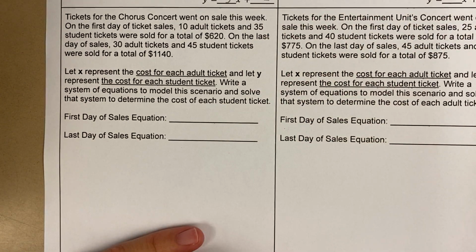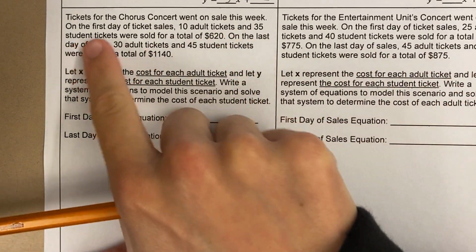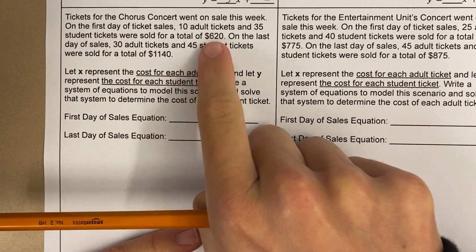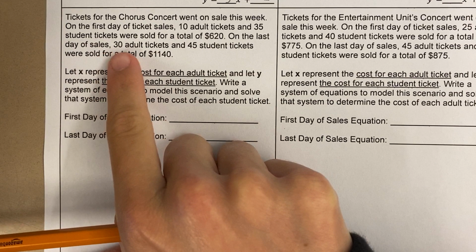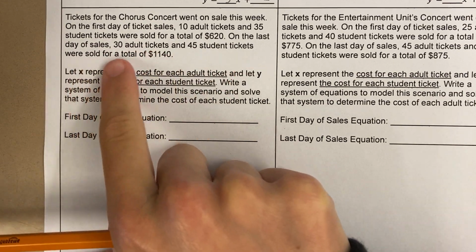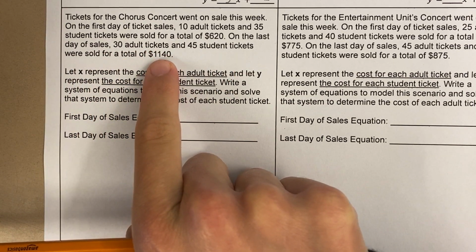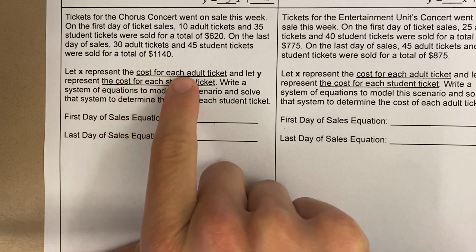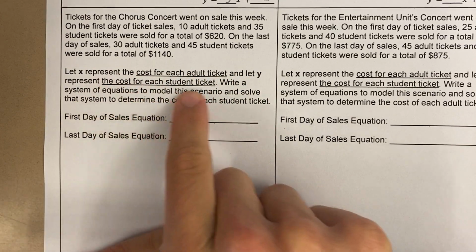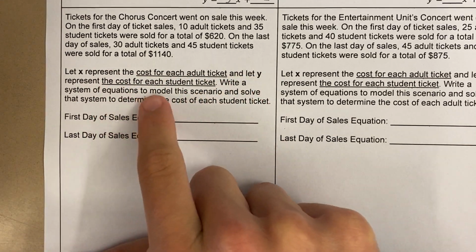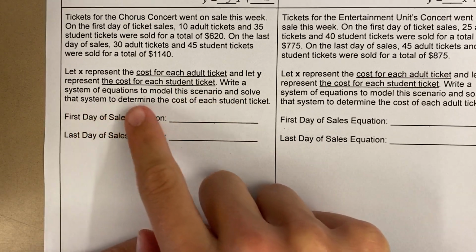Tickets for the chorus concert went on sale this week. On the first day of ticket sales, 10 adult tickets and 35 student tickets were sold for a total of $620. On the last day of sales, 30 adult tickets and 45 student tickets were sold for a total of $1,140. Let X represent the cost for each adult ticket and let Y represent the cost for each student ticket. Write a system of equations to model the scenario and solve that system to determine the cost of each student